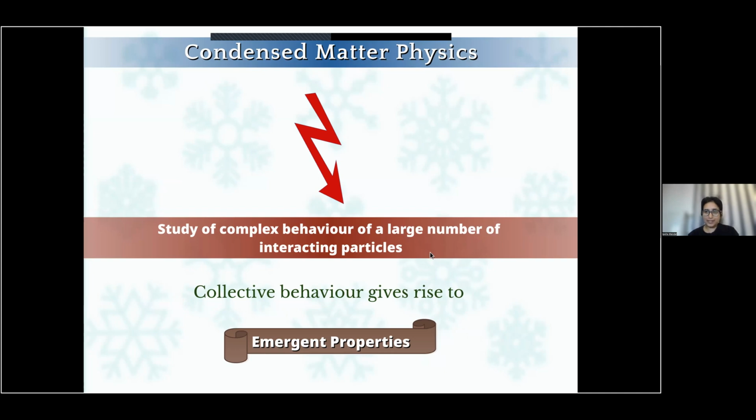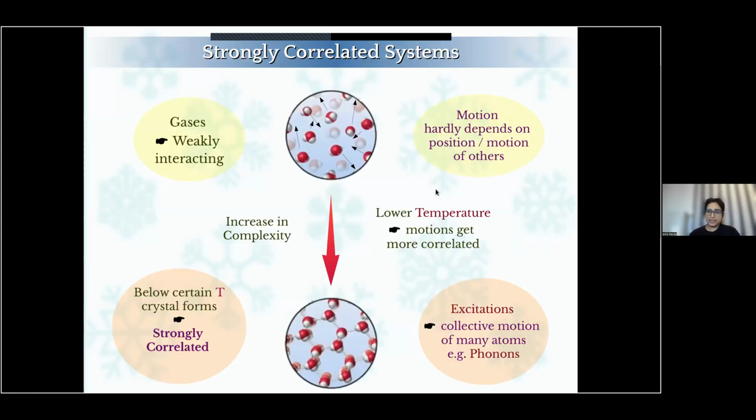So it is important to realize that the collective behavior gives rise to emergent properties that were not present in the individual particles if you look at them individually. Now, in particular, I'll be concentrating on strongly correlated systems. Now, to give you an intuition